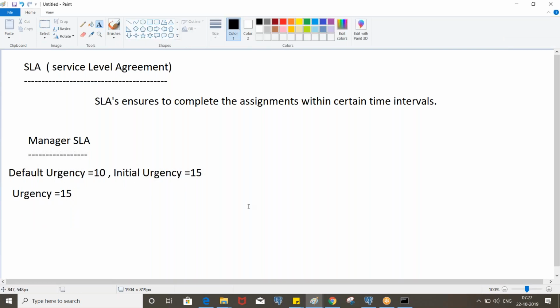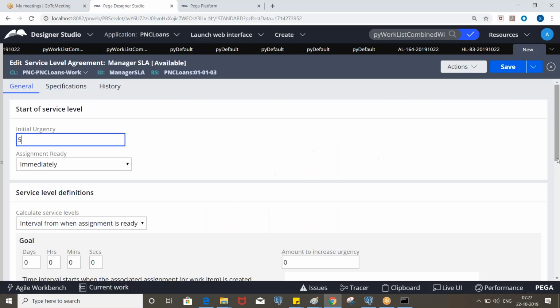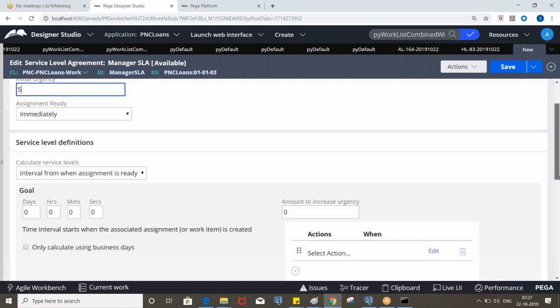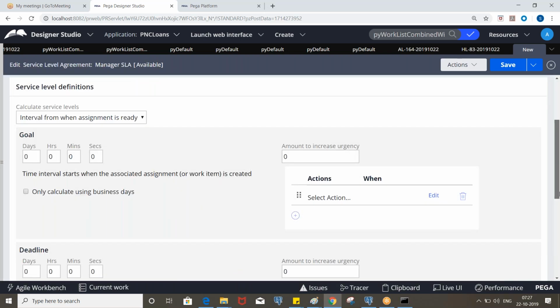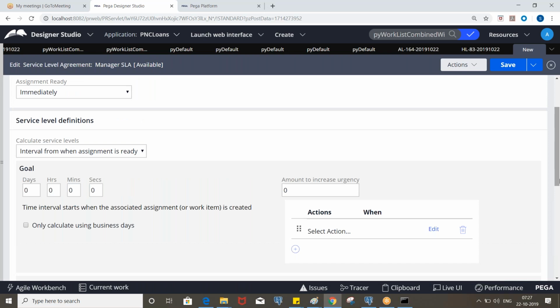So now let's say the assignment is created at 9 o'clock in the morning. And so we can set some goal time. Okay. So we can set it in days or hours or minutes like that. Okay. So let's say goal time is 1 hour.